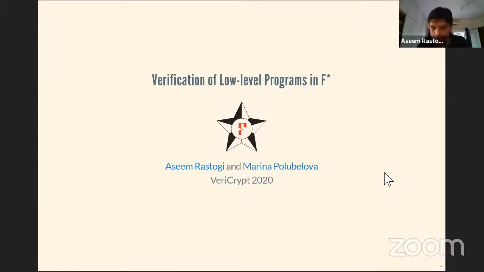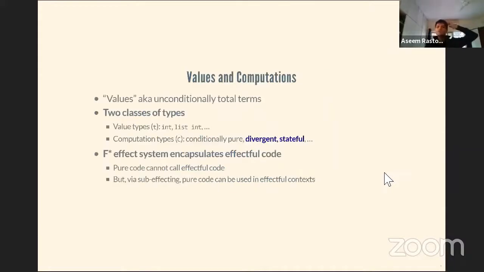Okay, so remember that we saw this slide in the previous session where F-star differentiates between values and computations. Values are unconditionally total terms, whereas computation types mention an effect label. And we saw the pure computation type, that's the computation type for pure code. I very quickly mentioned divergence and stateful computations, and we are going to focus on them in this session. And just as a reminder, F-star's effect system has a built-in effect hierarchy